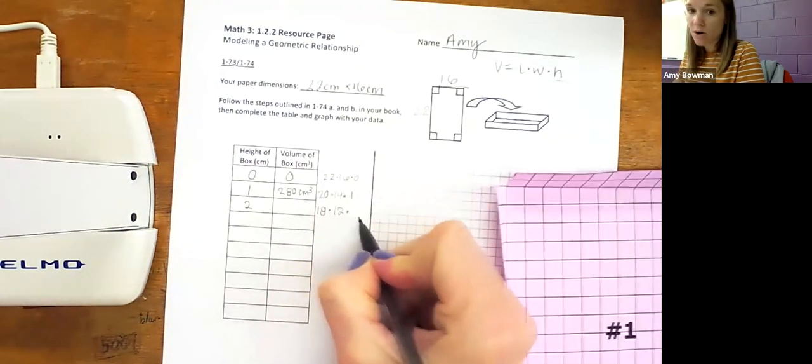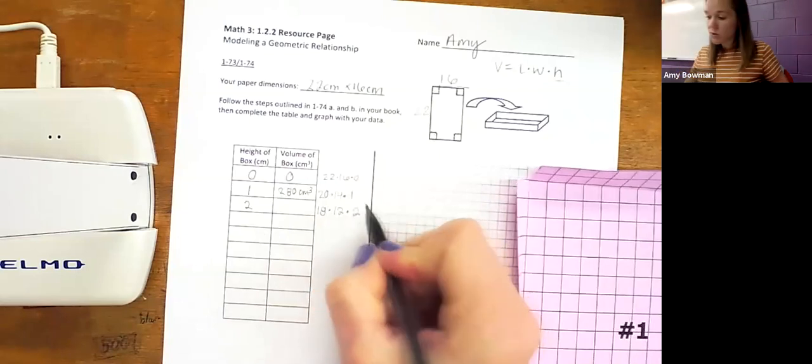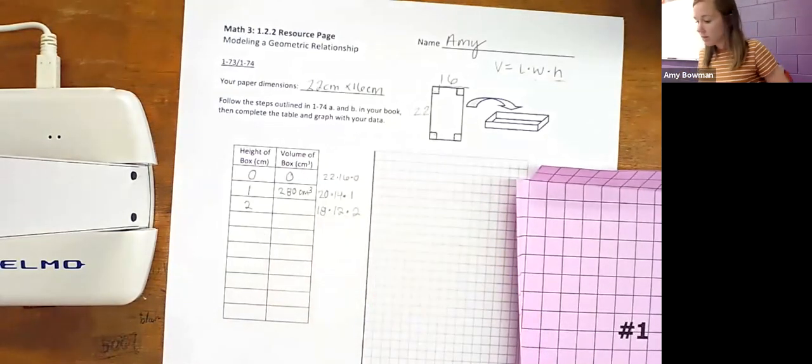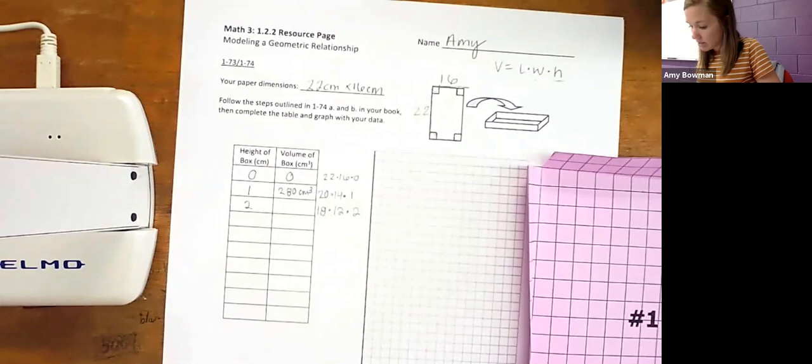And like we know, our height is 2. So now I'm going to calculate the volume there. What do we think will happen? 18 times 12 times 2, and I get a volume of